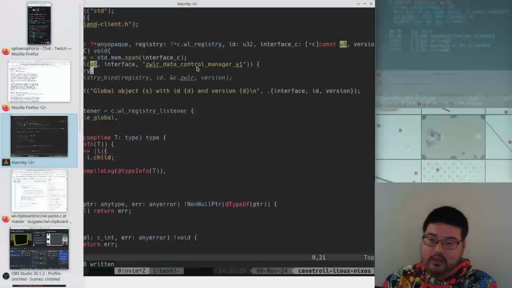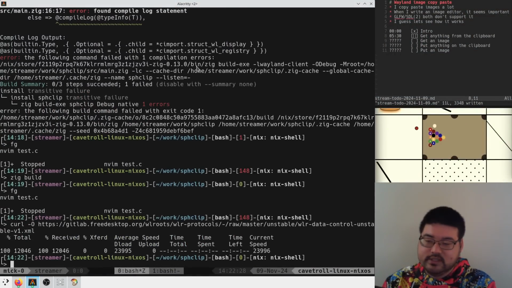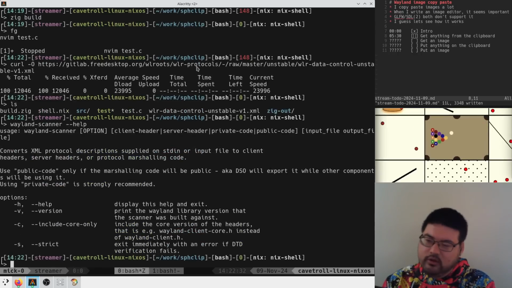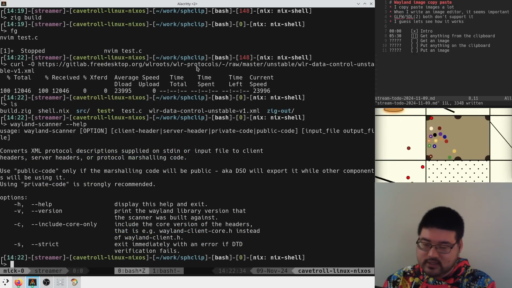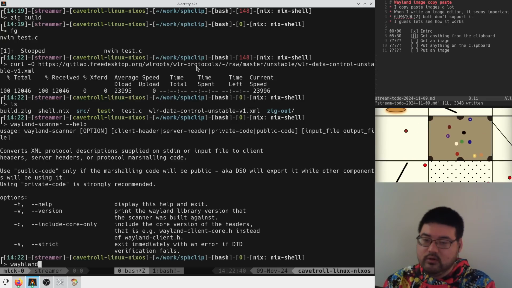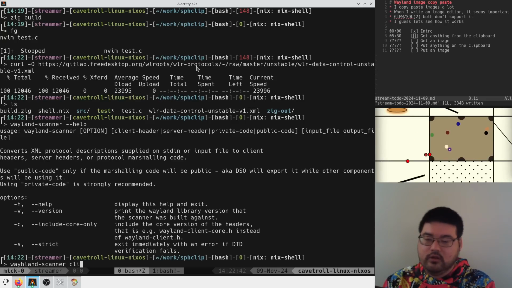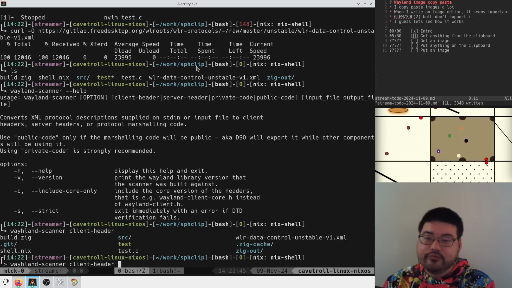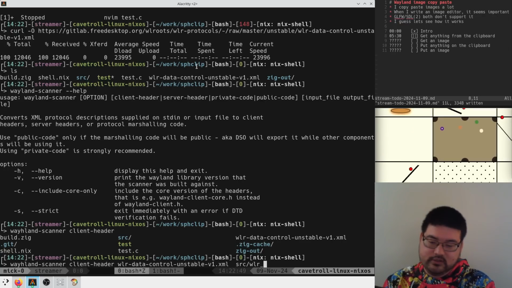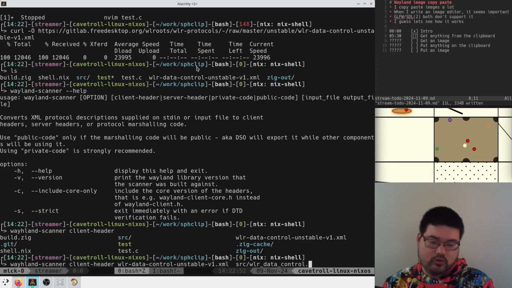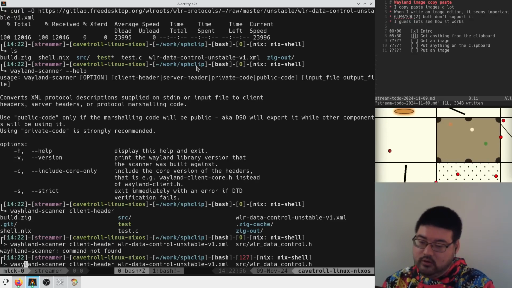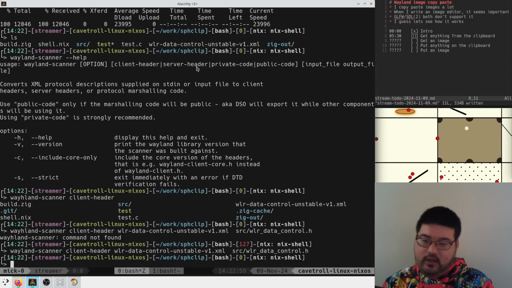So let's go to this. Grab this thing. And we run Wayland scanner, I think, is what we saw in the past. So this creates C files out of the XML for this interface. And I think that we want client header from this to, I guess we'll call this like control.h. And I spelled Wayland scanner wrong. Okay, and then